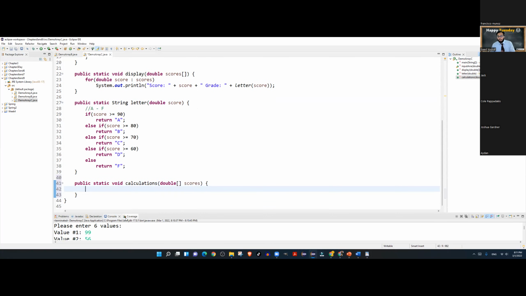And we've got to figure out the average letter grade. So we need to have the sum, and then we can calculate the average.